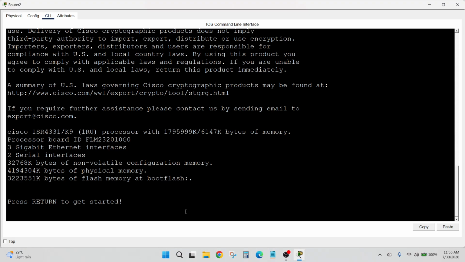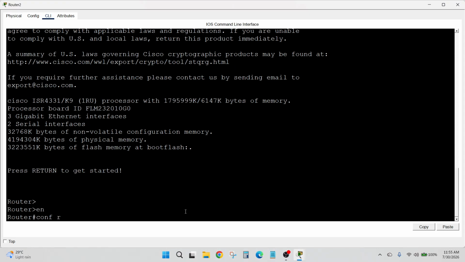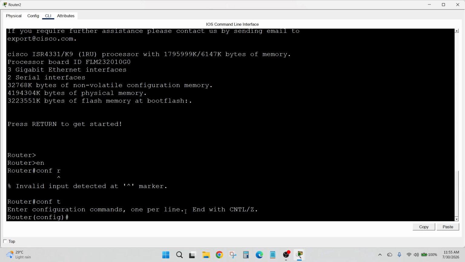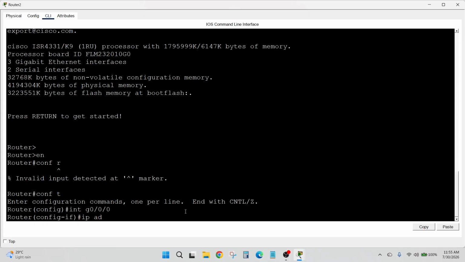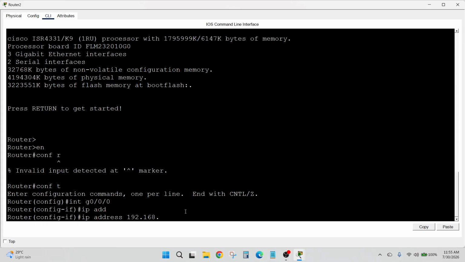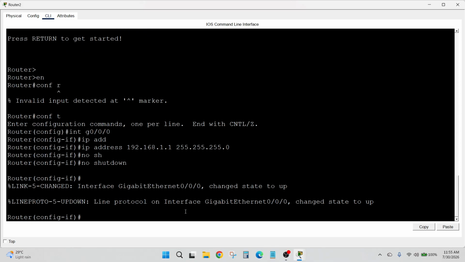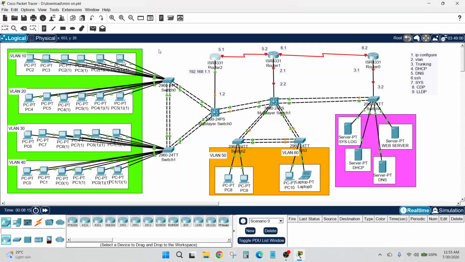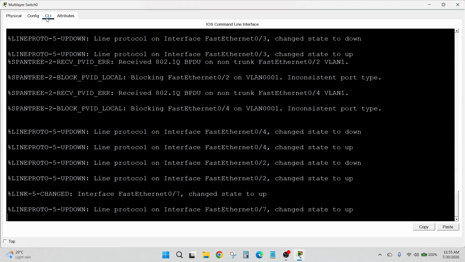First Ethernet gigabit 0/0/0, enable, config terminal, interface gigabit Ethernet 0/0/0, our IP address 192.168.1.1, and our subnet mask we can write here, then no shutdown. Okay, then we go to our multi-layer switch, CLI,